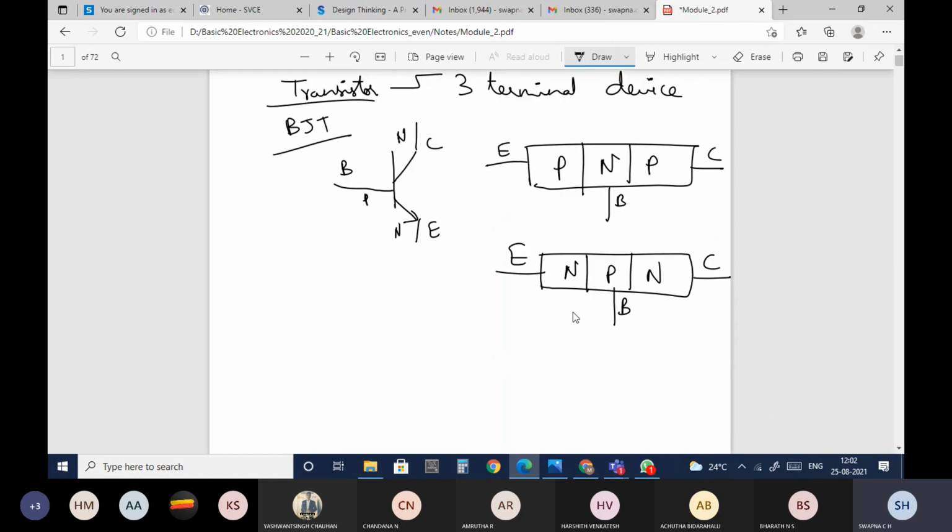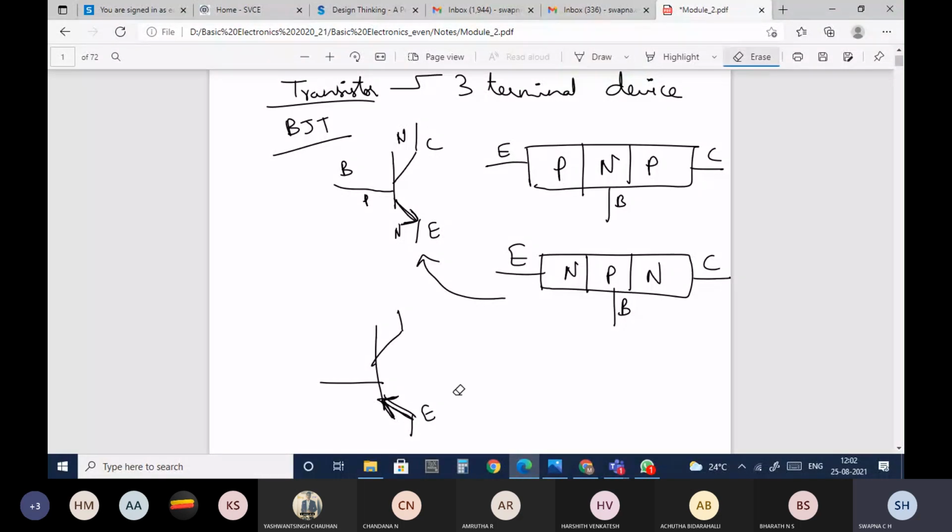Okay, coming to the PNP transistor. So this is your NPN transistor. The PNP transistor will have the three terminals only, but this arrowhead, if you observe, will be outside here, but here the arrowhead will be inside. Whichever will have the arrow, that is said to be your emitter.